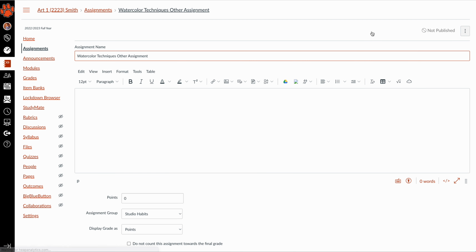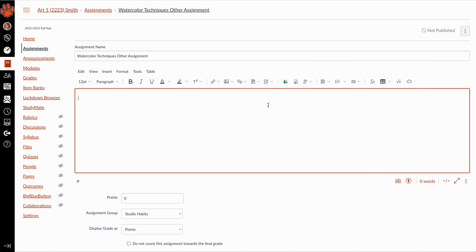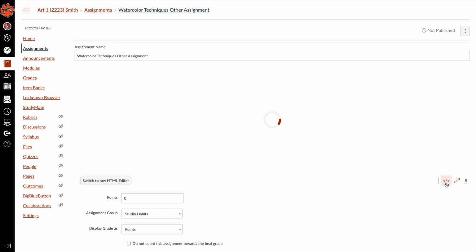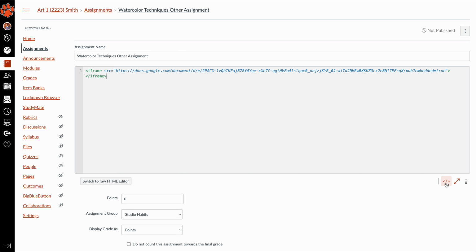I'm going to click on Edit, and I don't do anything in this main box, which is where I used to type everything up. I'm going to come to this little HTML code symbol down here on the bottom right and just paste everything in there. This is almost it. There's one little tricky thing that I have found through trial and error and through searching the interwebs. So at the very end of the top line here, after where it says true and there's a little quote mark, and I'm going to put spaces in here because it's easier visually, width equals, quote, 100%, end quote, height